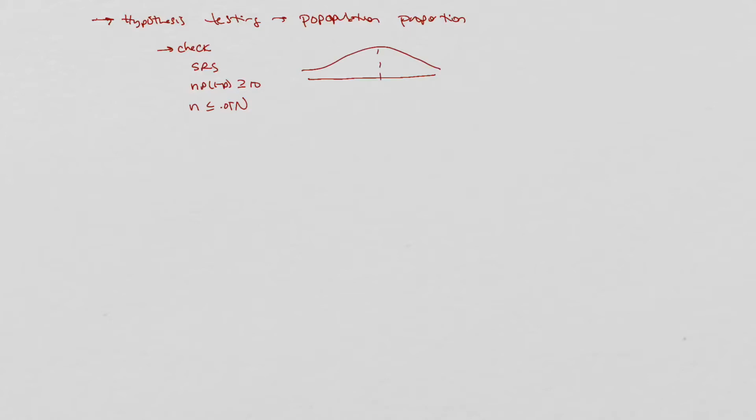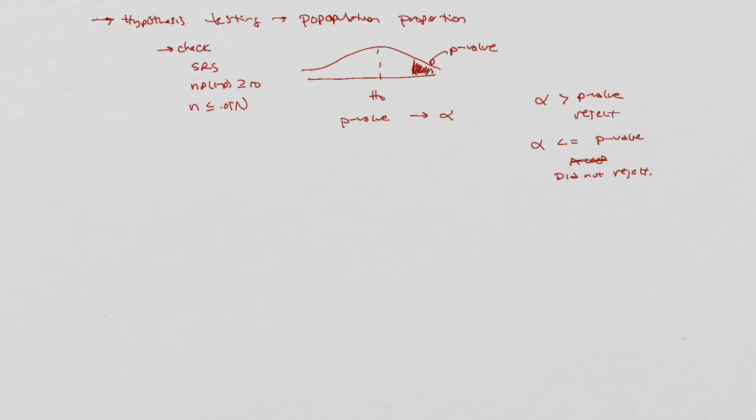There's the null hypothesis value, H naught, and we marked off where the sample occurred, found the p-value, and compared it to alpha. If alpha was bigger than the p-value, we rejected the null hypothesis. If alpha was less than or equal to the p-value, then we did not reject